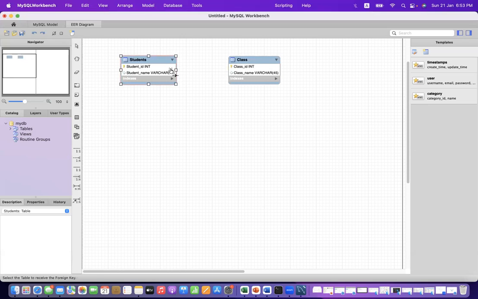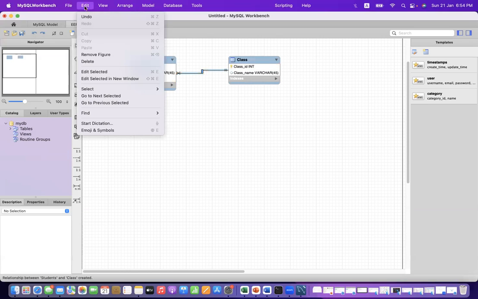So if we click on the students first and the class next, we see that the relationship that is built is one here to many. So one class can be attended by many students. So that's the Crowsfoot here. And on the other side, one student can attend only one class. Okay, so we can also edit this,